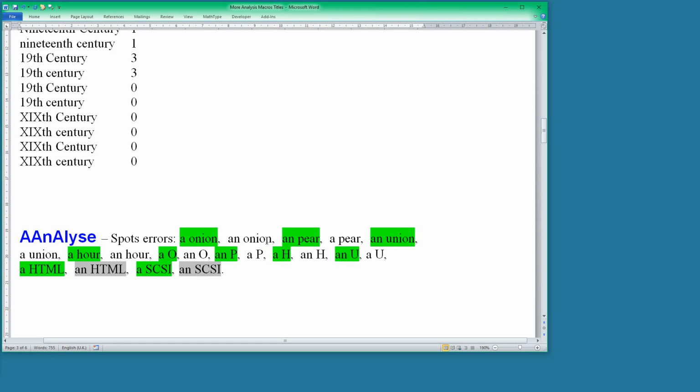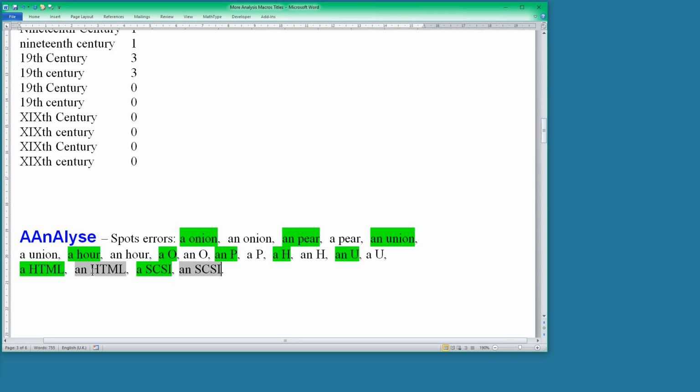So in other words, you've got a onion highlighted because it thinks that's a mistake, and an union is wrong, a union is correct, and it even does initial letters, so a H is wrong, it should be an H. But when you come to acronyms,